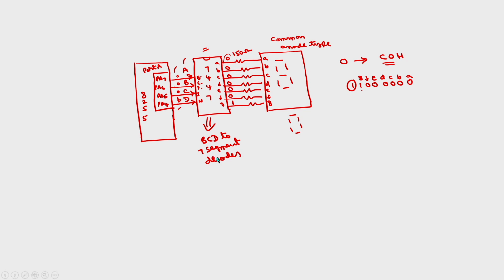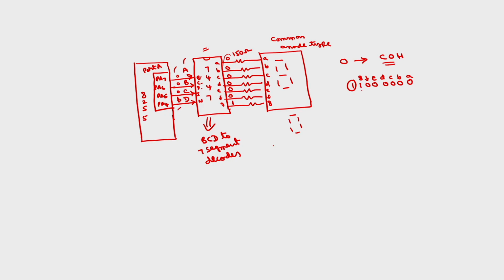So, the job of the BCD to 7 segment decoder is, as the name implies, you give the input as BCD, and the output is the 7 segment display code. Depending upon the BCD, 0 code will be generated, 1 code will be generated, and so on. Now, how to write the program? Again, to implement the same decimal counter or mod 10 counter.